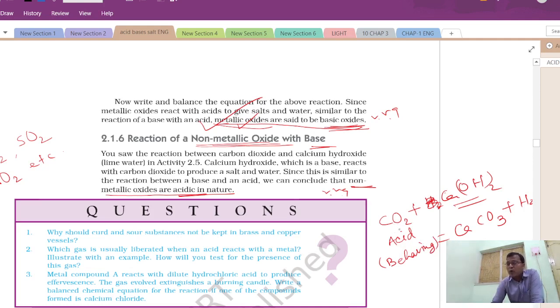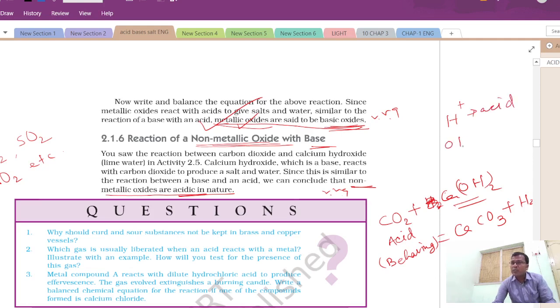That is why it is called acidic in nature, because it reacts with a base or an alkali. You will learn more about it. This is OH. Whenever there is OH, then it is an alkali or base. So whenever an acid reacts with a base, then salt and water is formed. This is calcium carbonate, that means salt. You will learn more about salt and how to identify whether a compound is a salt or not. If there is a chance of liberation of H plus ion, then it is acid.